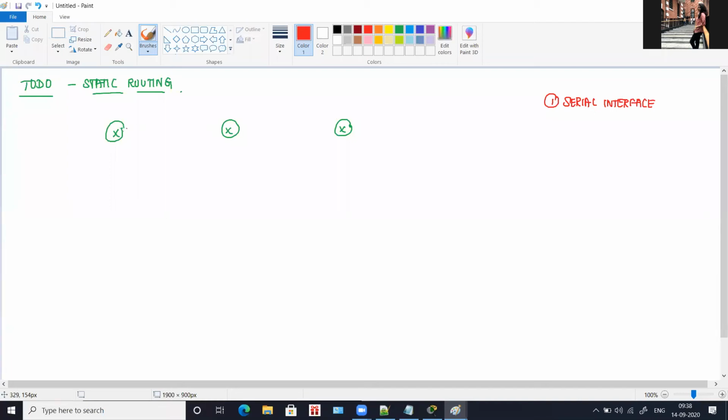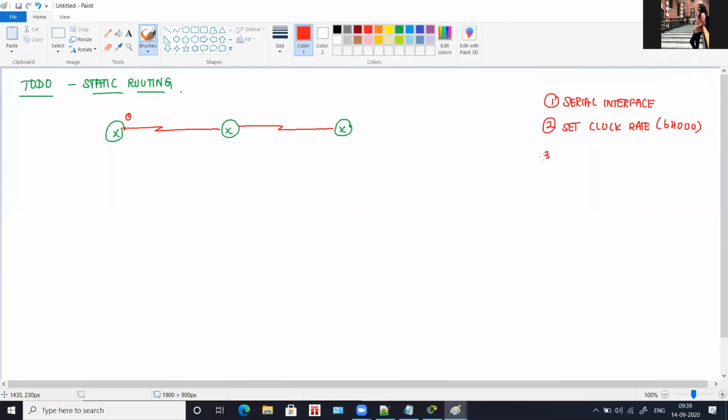Then you will connect the routers, and after you connect the routers, you will find the clock icon here. Once you find the clock icon, what you have to do is set clock rate. The clock rate will be 64,000. If you find the clock icon, you have to set the clock rate. If you don't find the clock icon, don't set the clock rate. It has to be in no set mode only. By default, it will be in no set mode.